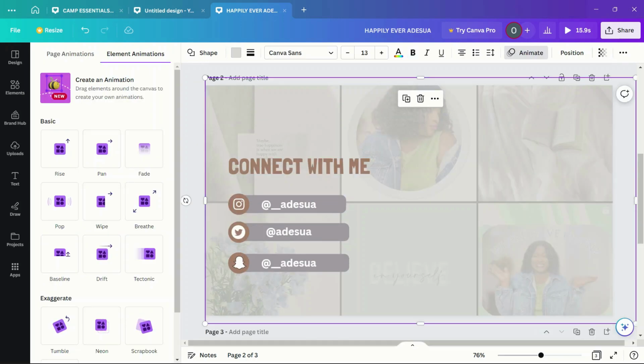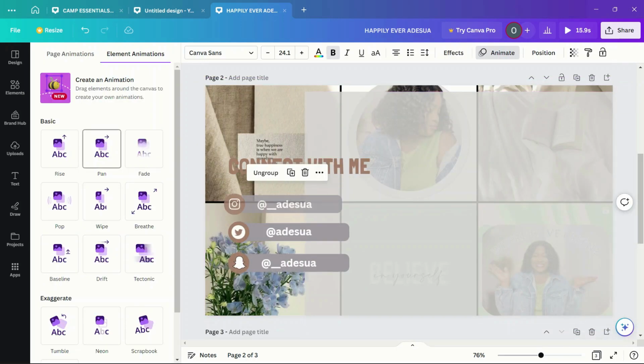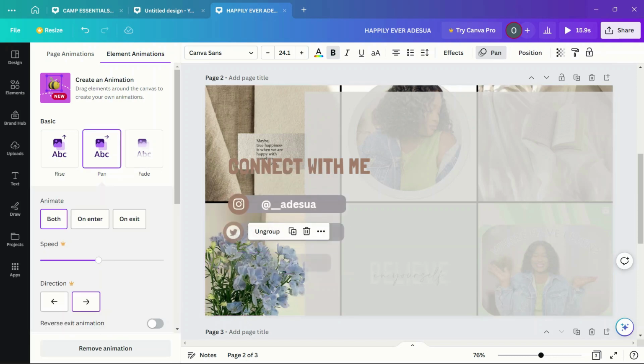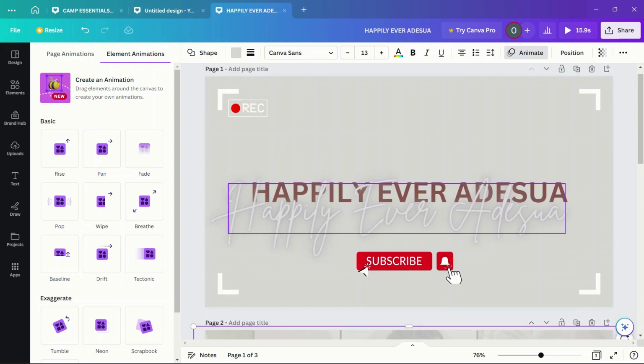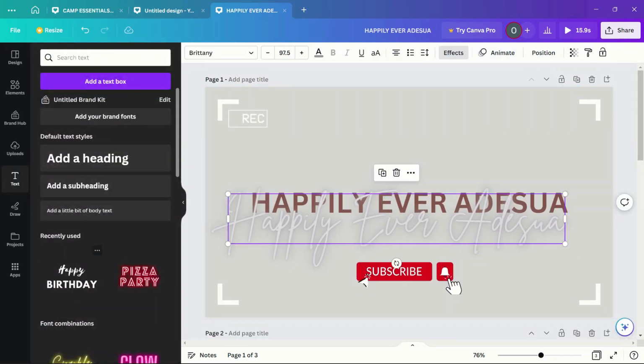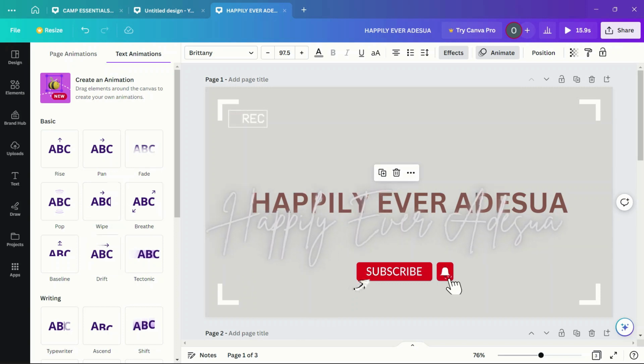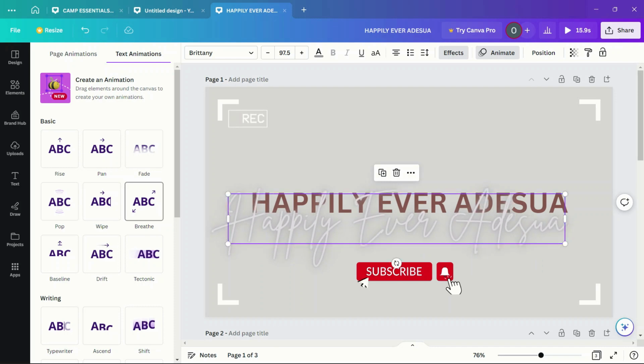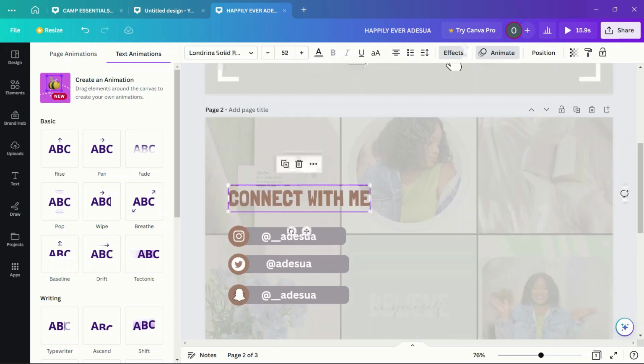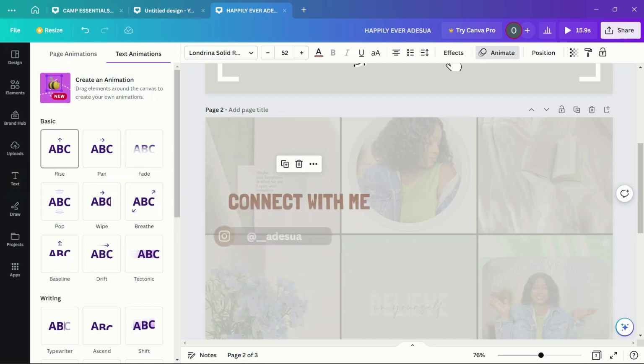Here I changed the color because I wasn't feeling that other color. It was too light, so I changed the color here. And then I was trying to give it that effect, so I went to animate on the top bar, and I animated them all the same animation. And then I went to animate the first part because I didn't animate it before. Basically just trying to make everything very dramatic. That's the main point. I hope I'm doing well, because I'm not sure I'm doing this well. But anyway,